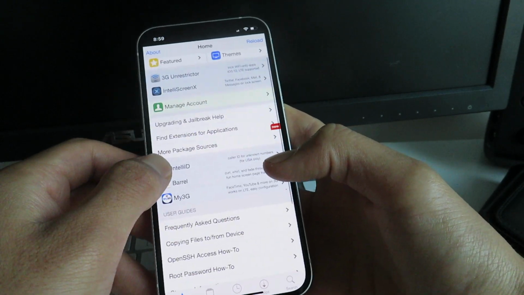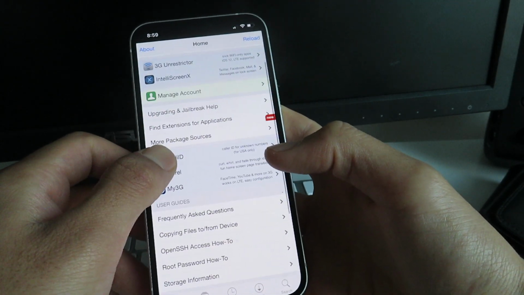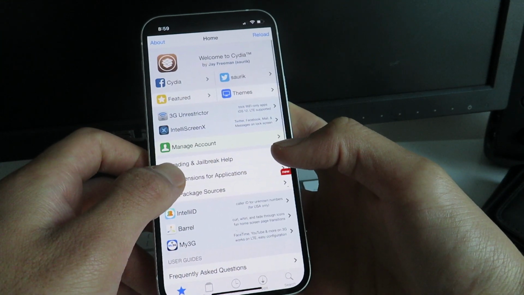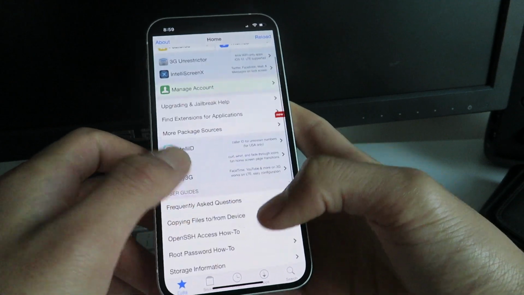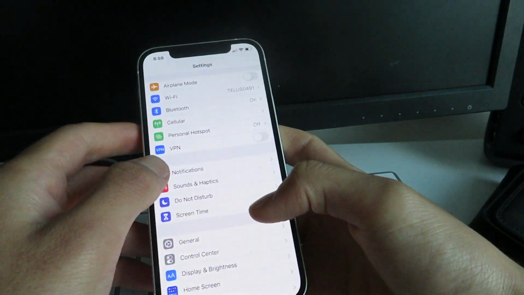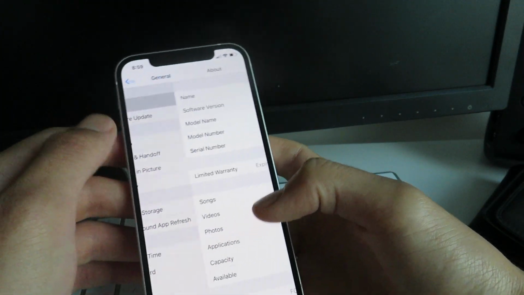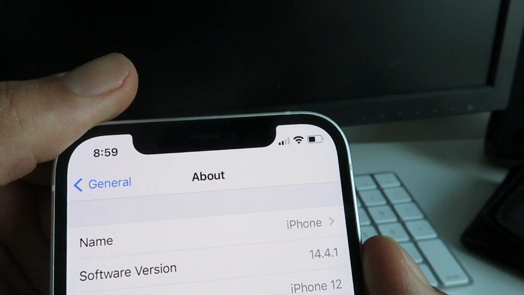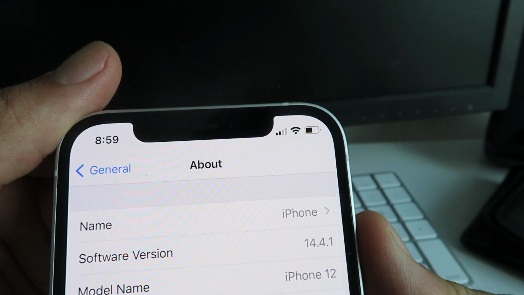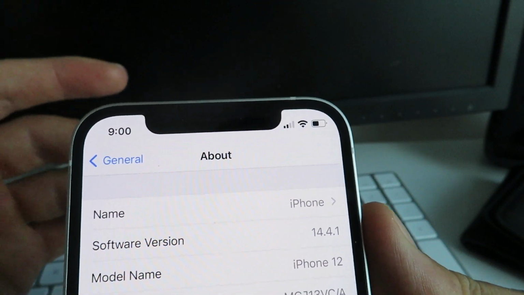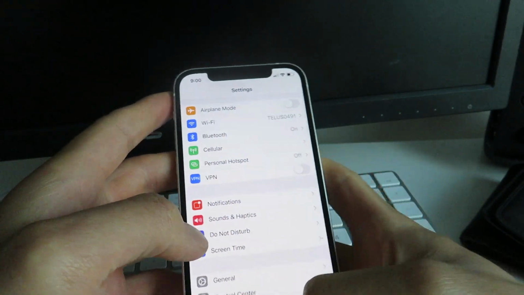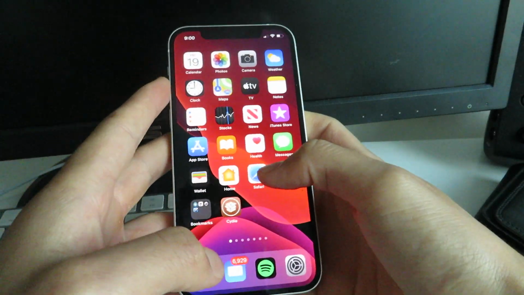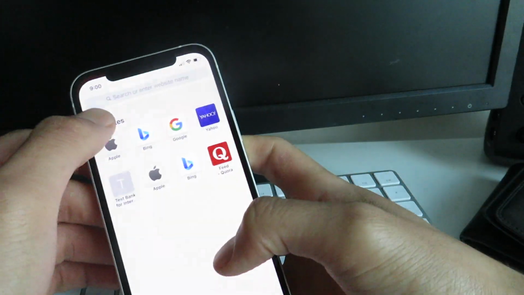So as you guys can see, this is the real deal, guys. This is the only way to jailbreak iOS 14.4.1 flawlessly. So check this out, guys. Check out my settings. So as you guys can see, I am on 14.4.1 on iPhone 12. This is super awesome, guys. It's super easy to do, so just follow along with me and I'll show you guys exactly how to do it. Okay, so the first thing you guys want to do is go to Safari and go to the website